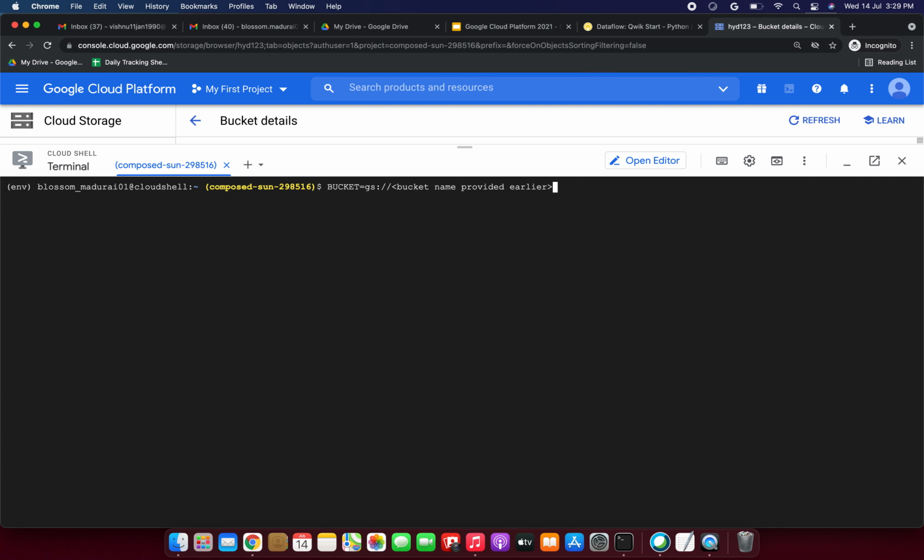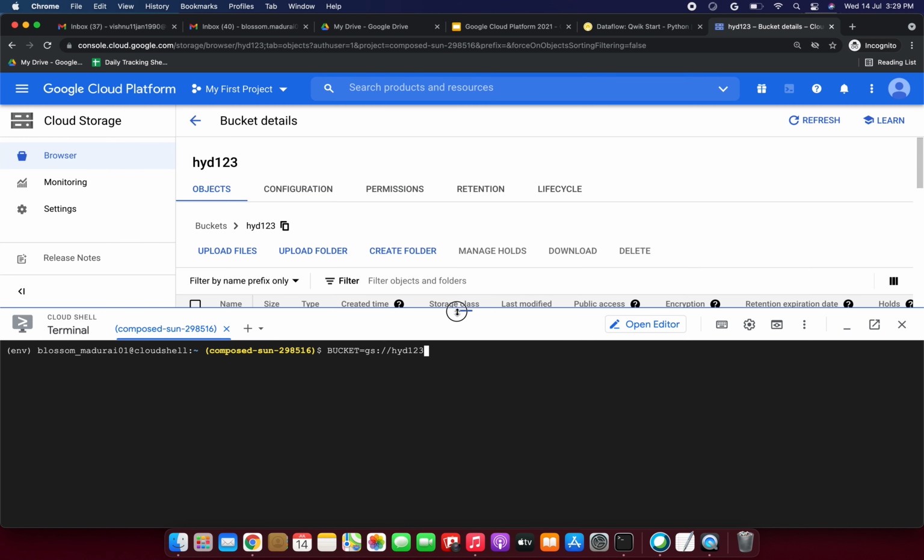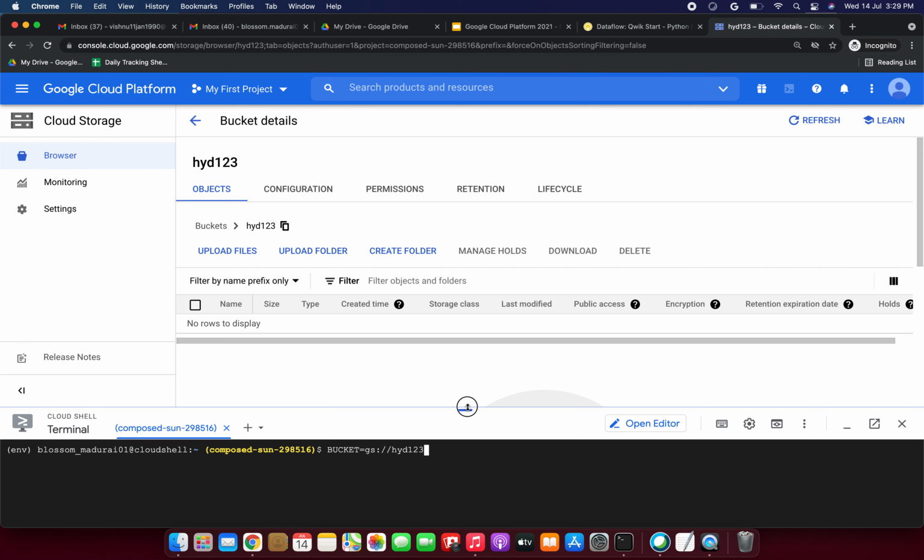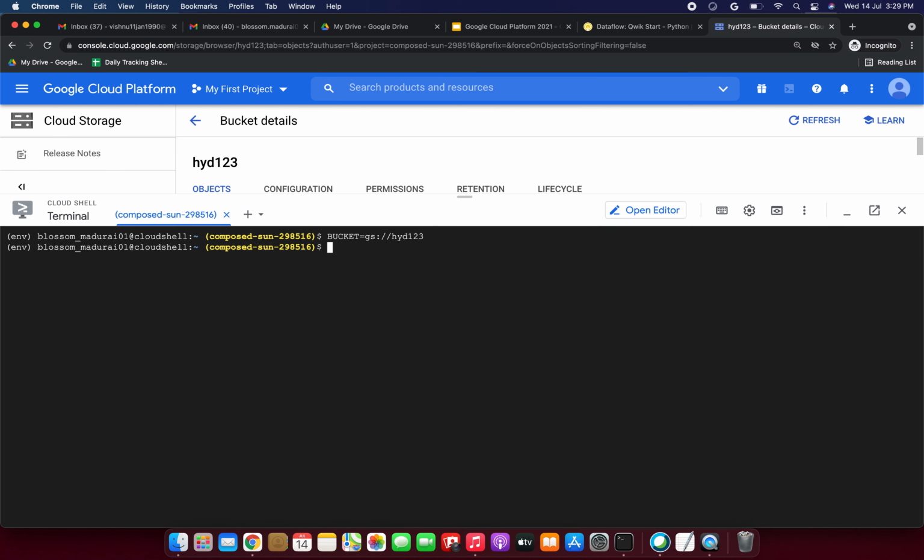Now we have to paste this command. Instead of the bucket name, we need to give our bucket name. I think our bucket name is HOD123. Am I right? HOD123. Yes, correct. So now I have given my bucket name, and just enter it now.